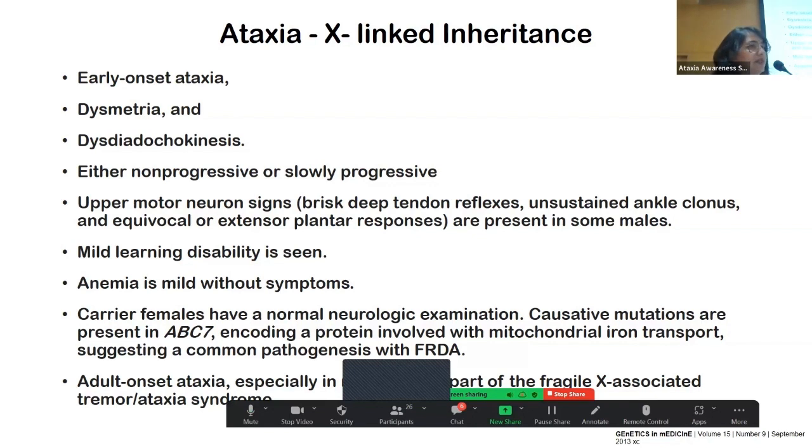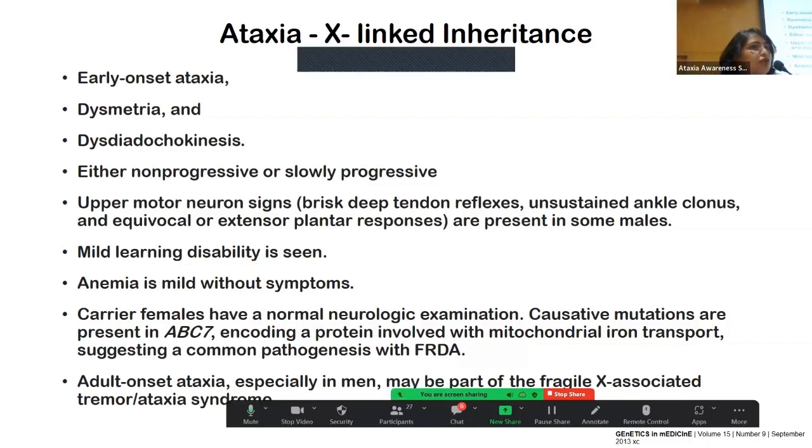So females that have this are normal, and sometimes it can be early onset ataxia, and it may be a part of the fragile X. Sometimes these mutations, so fragile X syndrome is also an X-linked disorder that mostly the men have, and this ataxia can be the symptoms may be shared between fragile X and